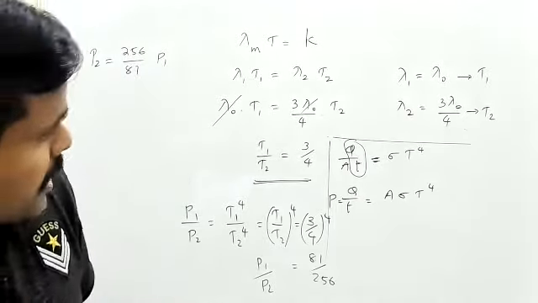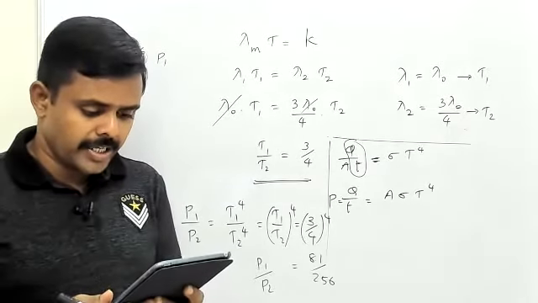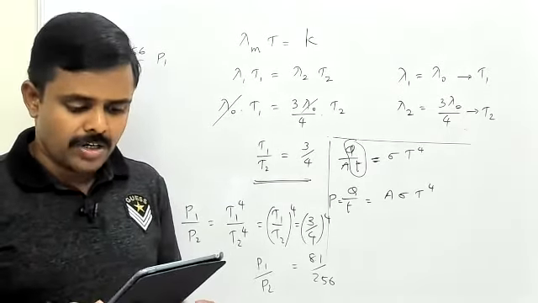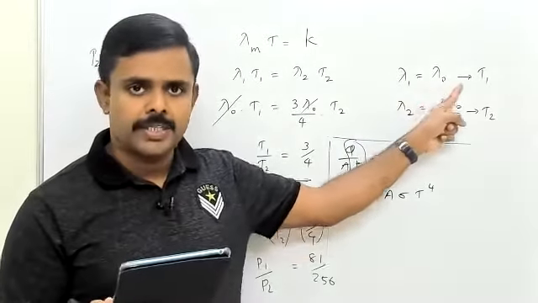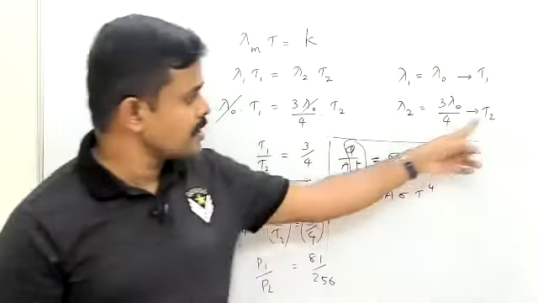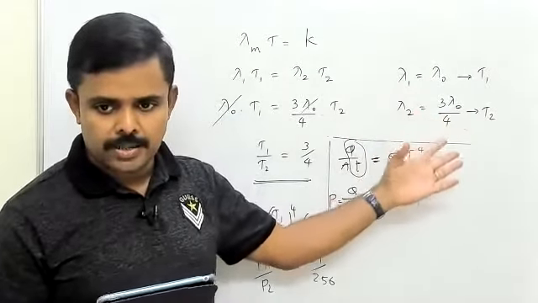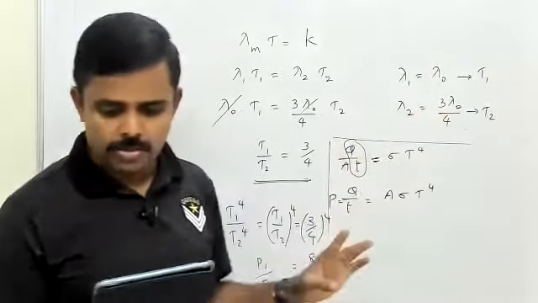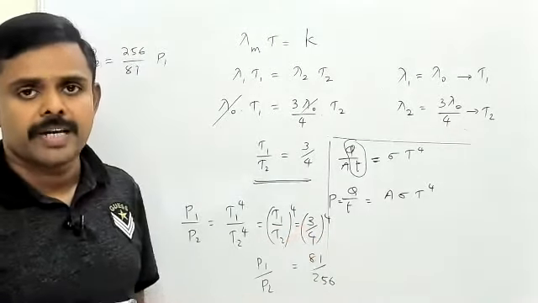I'll explain this one more time. What is given in the question? The energy spectrum of a black body exhibits a maximum around wavelength lambda 0. So in the first case, the maximum is at lambda 0, and the temperature I can call T1. The temperature of the black body is now changed to another temperature T2, such that the maximum falls around wavelength 3 lambda 0 by 4. So the maximum is 3 lambda 0 by 4. Power radiated is to be calculated, and it will increase by a factor of